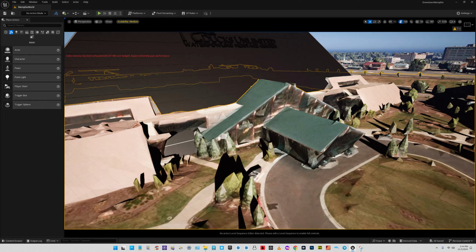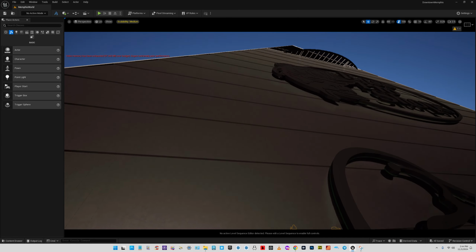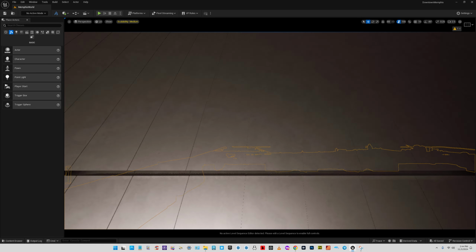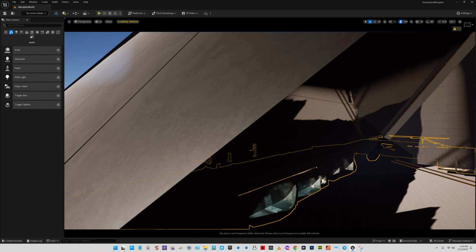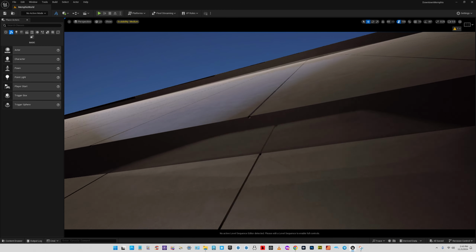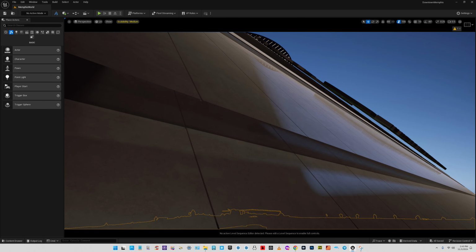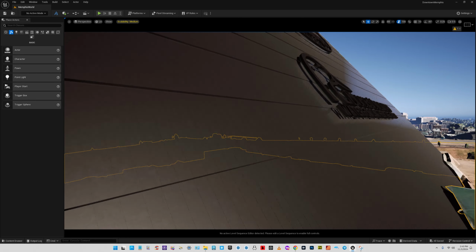As you can see, the level of detail is extremely low and it's just got a texture on it. But I did design, you can see, these are some serious details here. That's not a texture, those are actually details in the design